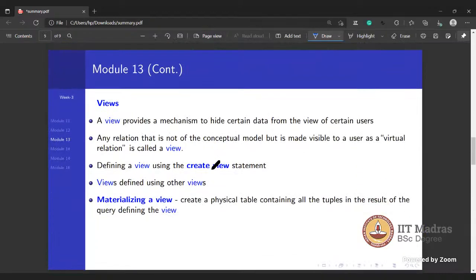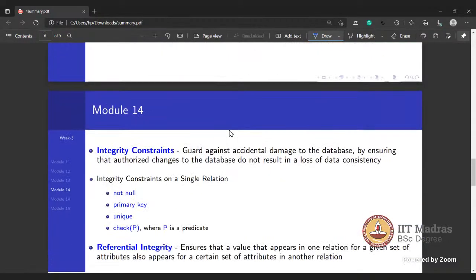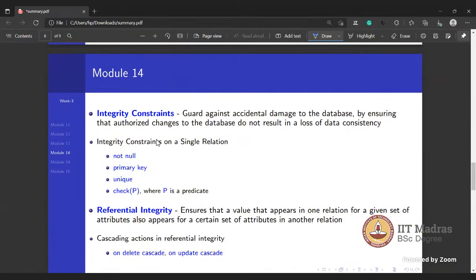Then in module 13 we also learned views. A view provides a mechanism to hide certain data from the view of certain users. We also saw why to use views, how to create a view using the create view statement, and then materialized views. We also learned some integrity constraints like not null, which means every value in the attribute should be not null.